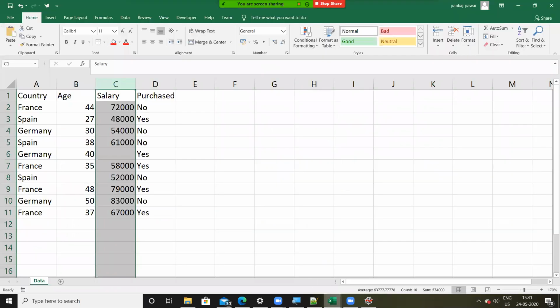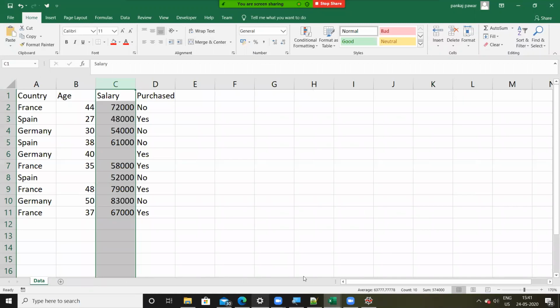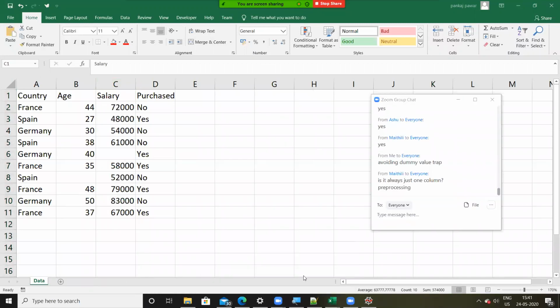So let me show you here. If I remove this Germany as well, then with just this, I'm not sure whether Germany or France is present. When Spain is 1, I can say Germany and France are absent. But when Spain is 0, we are not sure which country is available here, Germany or France. So that's why we only ignore one column. Does that answer the question, Maithili?